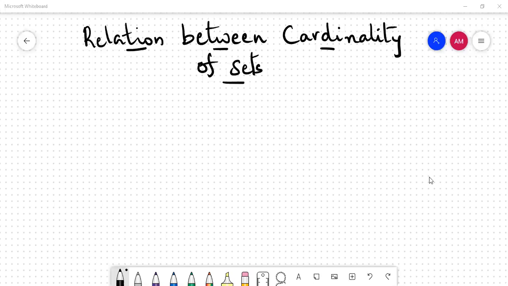Relation between cardinality of sets. So we discussed in the previous session what is the cardinality of a set. Now we are going to give the relation between the cardinality of sets A union B, A intersection B, A and B. And the relation will be the relation